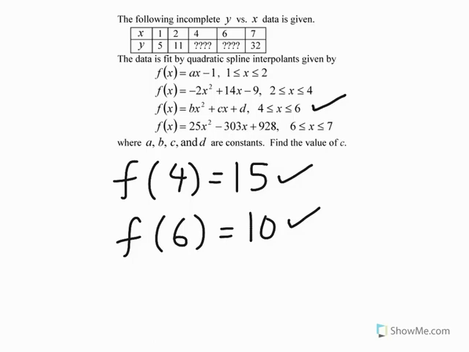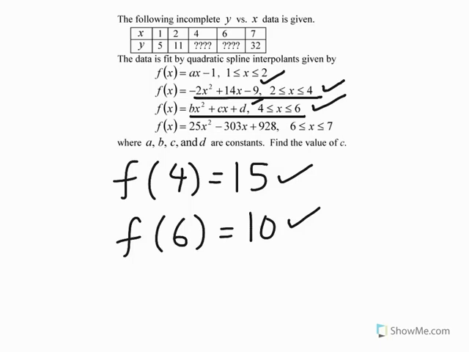Now, one of the things which we have learned in our quadratic spline interpolation theory is that the splines which have a common point, that the first derivative is the same. That is, the slope of the function at the common point is the same if it is an interior data point. So this particular spline goes through x equal to 4, this particular spline goes through x equal to 4. So whatever is the slope of this function at x equal to 4 has to be same as the slope of this function at x equal to 4.